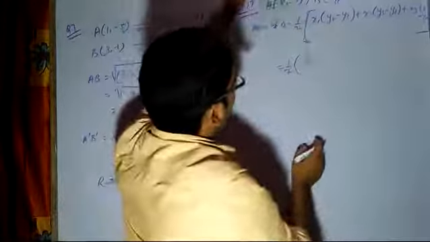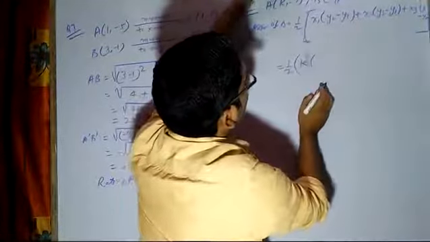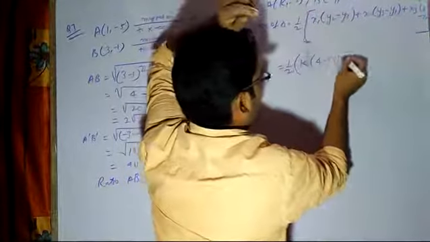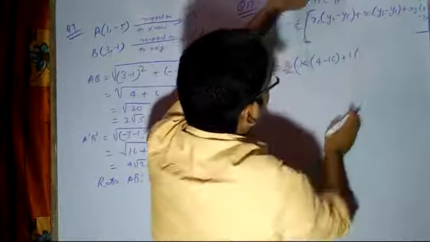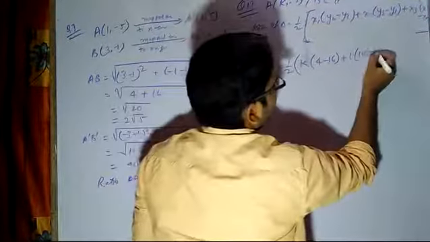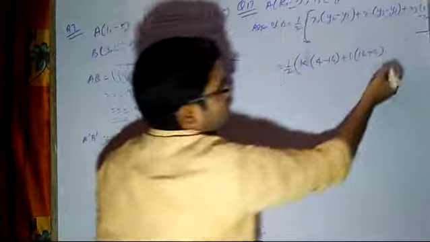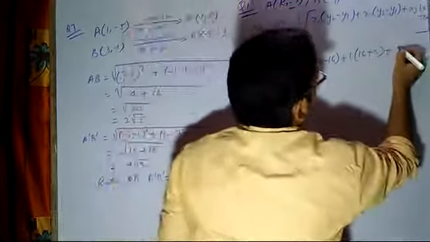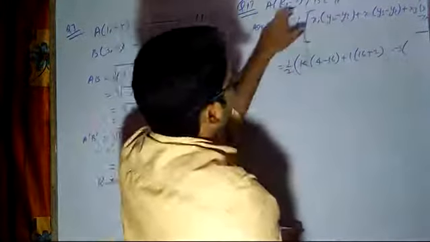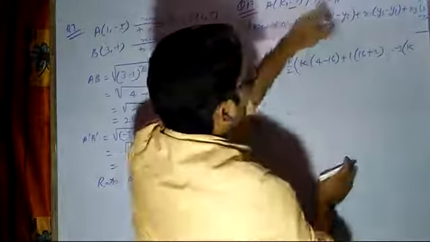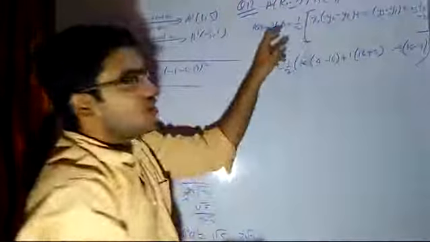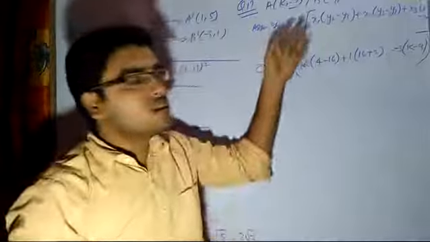So substitute the value. X1 is k, bracket y2 minus y3, that means minus 4 minus 16, plus x2, that is 1, then y3 is 16, then minus y1, because of this minus it will become positive. Then plus you are having x3 is minus of 3, so this will come out negative. Then you are having y1 is k, and then y2, that is minus 4. Now this side it will be 0. Area of triangle is equal to 0 because these are the 3 points which are collinear.